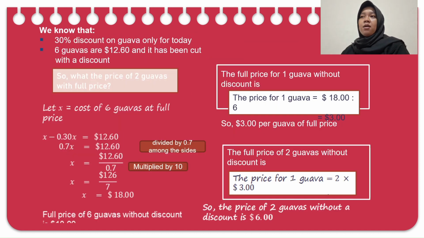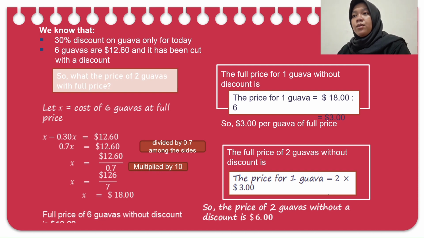Okay, from the problem, we know 30% discount on guava only for today, and 6 guavas are $12.60, and it has been cut with a discount. So, what is the price of 2 guavas at full price? Okay, next, let X be the cost of 6 guavas at full price, and we have X minus 0.30X equals $12.60, and we have 0.7x is